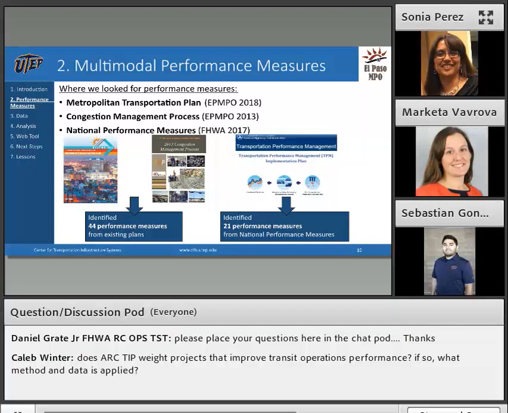From the MPO documents, we identified 44 performance measures from the existing plans, and from the National Performance Measures, there were another 21 performance measures identified. Next, we looked into the data availability and suitability for regional and corridor level assessment.